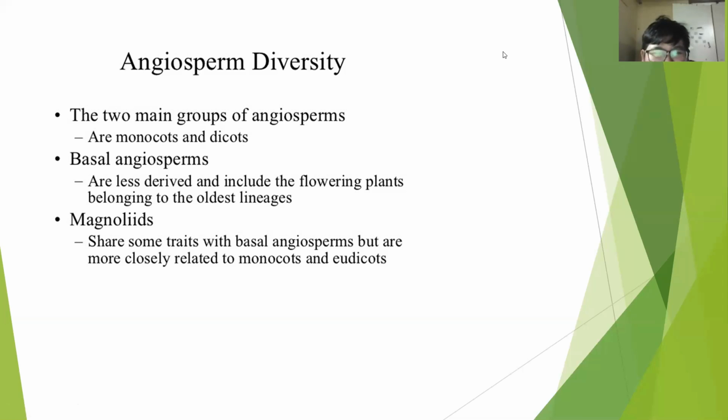Angiosperm diversity. There are two main groups of angiosperms, monocots and dicots. Basal angiosperms are less derived and include the flowering plants belonging to the Amborella genus. Monocots share some traits with basal angiosperms but are more closely related to